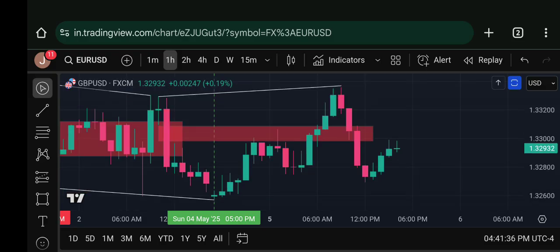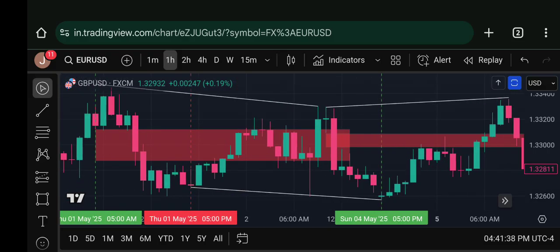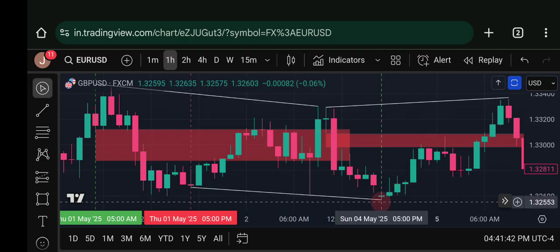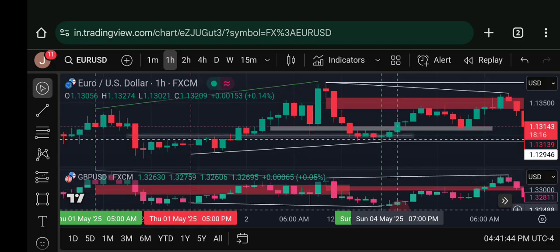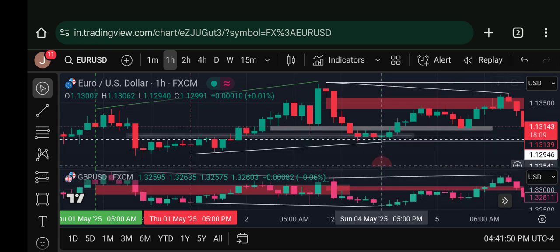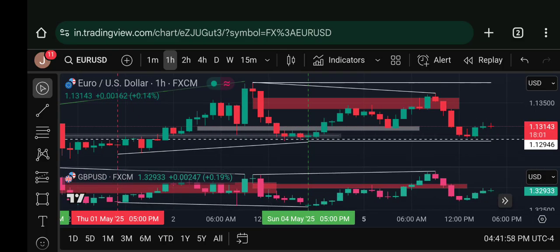That's what happened here. There was a sell side liquidity sweep. I had shown you yesterday night price opened here and made a sell side liquidity sweep, but price did not sweep that on Euro. I mistakenly entered the trade. When one of the assets reaches the drawn liquidity, it's over, guys. You can exit the trade on another correlated asset. If you enter the trade on another correlated asset,